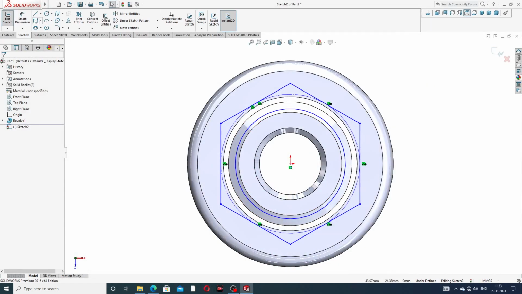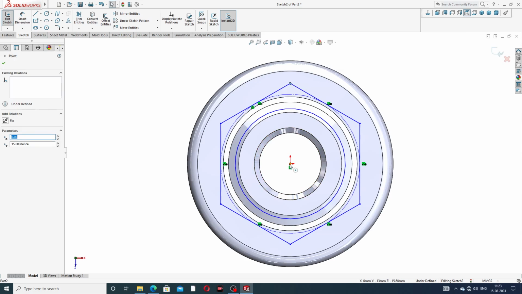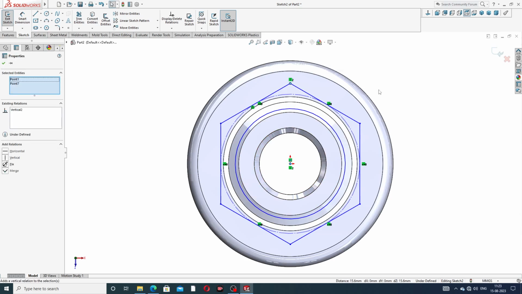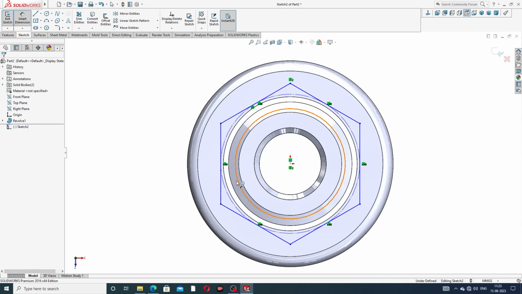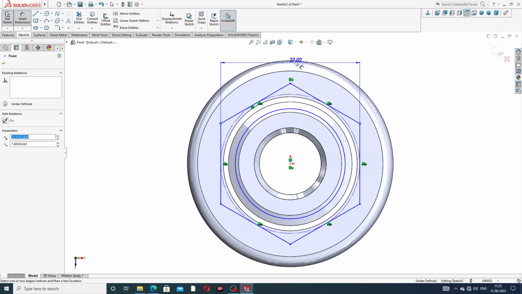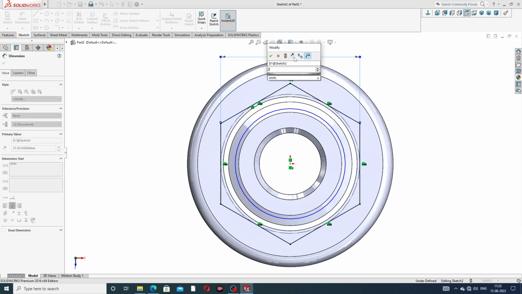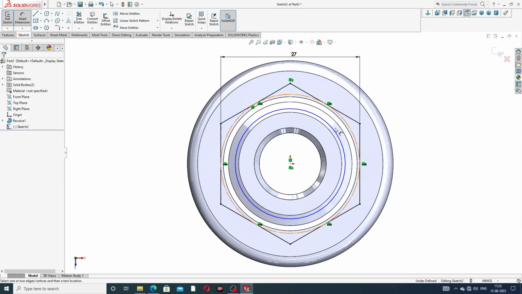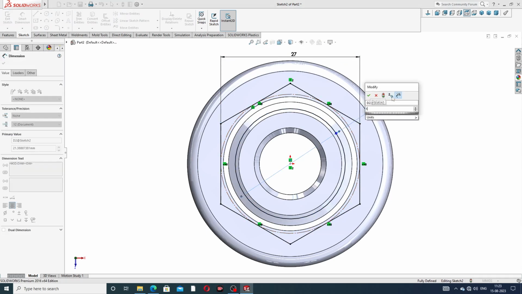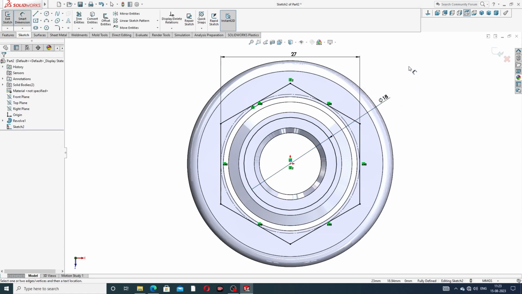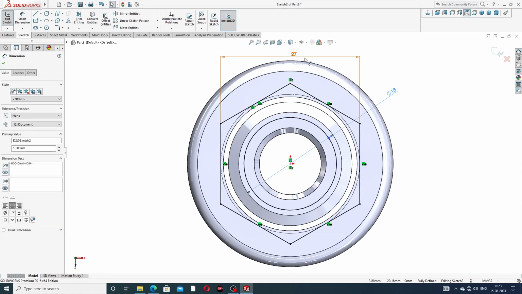Also, at first select this point, and this point is vertical. Okay, select these two lines, 27 millimeter, and circle diameter is 18 millimeter. Okay, all is perfect,